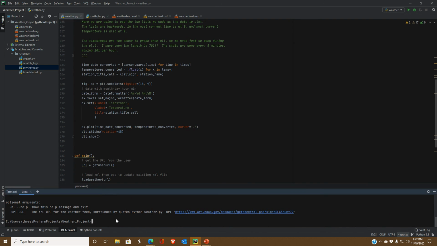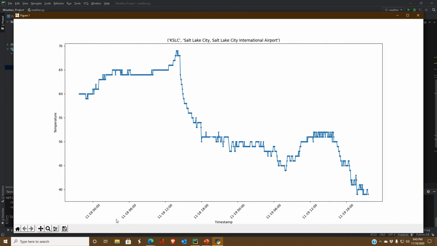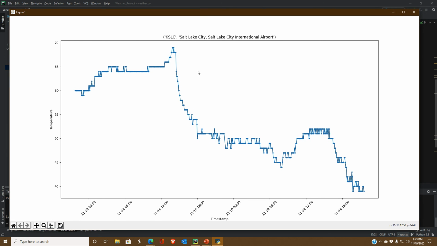If we take this, and I had to modify this slightly because obviously somebody did something different. In this case, we're going to do Salt Lake City, and I'm passing it this URL, excuse me. And I like Helena better. So this is the plot and how it came out. Originally, where I was having troubles is my temperatures on this side were not uniform like this. And I realize that this is kind of a dense plot,